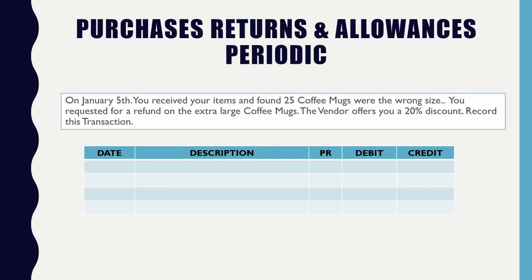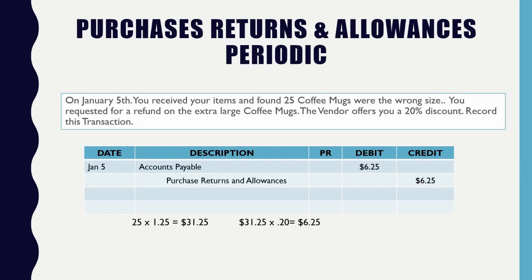So it's only the 20% off on the original that you're trying to refund, and in this case, it's only on the 25 cups. Now, assuming because you've already paid for it, you've already originally paid for the regular size cups for the price of $1.25. So in this case, they're not going to raise the price. They're going to give you a discount off of the $1.25 because they're saying, I'm sorry, I sent you the wrong product. So in this case, how much is my allowance going to be for? $6.25.